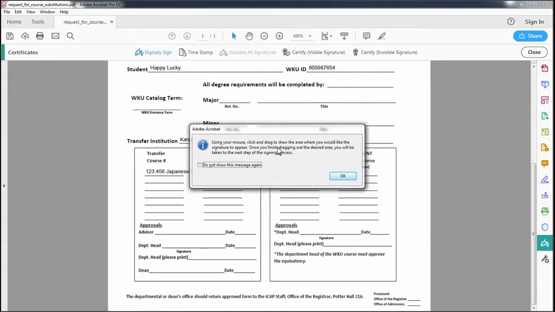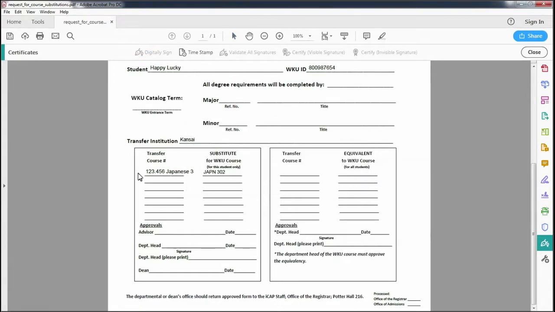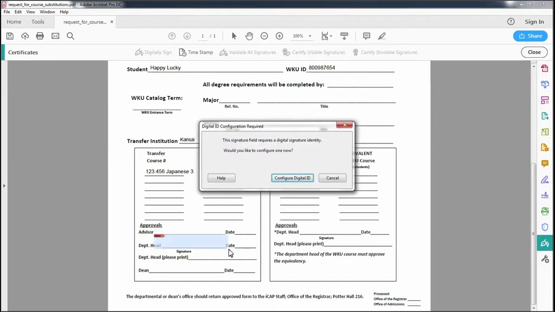This is a little box giving you instructions on how to select the area where your digital signature will actually go. So you select the area where it says department head signature, drag and drop, and then in this instance, this is not my computer, so I would have to configure my digital ID. Follow the instructions, put the information that you want to actually be seen as your signature, and then set up a password. It is a password protected signature, and that's why we accept it. So you would fill that out, sign it, a date's automatically put in your signature for you, and then you would save that document. That is then your copy of what you've done,